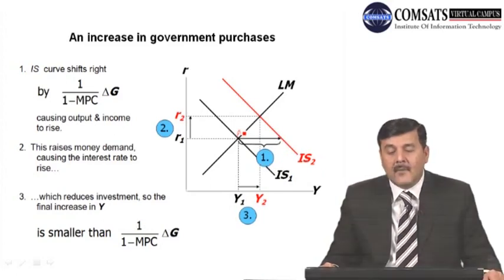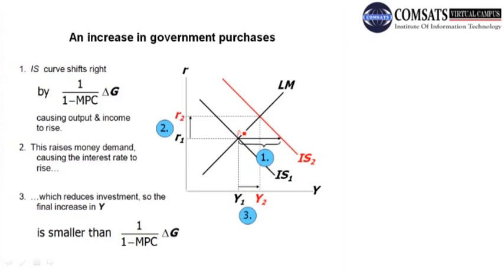What will happen? R will go up, income will go down, and now the economy is at equilibrium at, let us say, point B. Now the increase in income from Y1 to Y2 is smaller than the change in income by 1/(1 minus MPC) delta G. That is, the initial effect of the government purchases increase was that output rose. At the initial rate of interest R1, income has increased from Y1 to